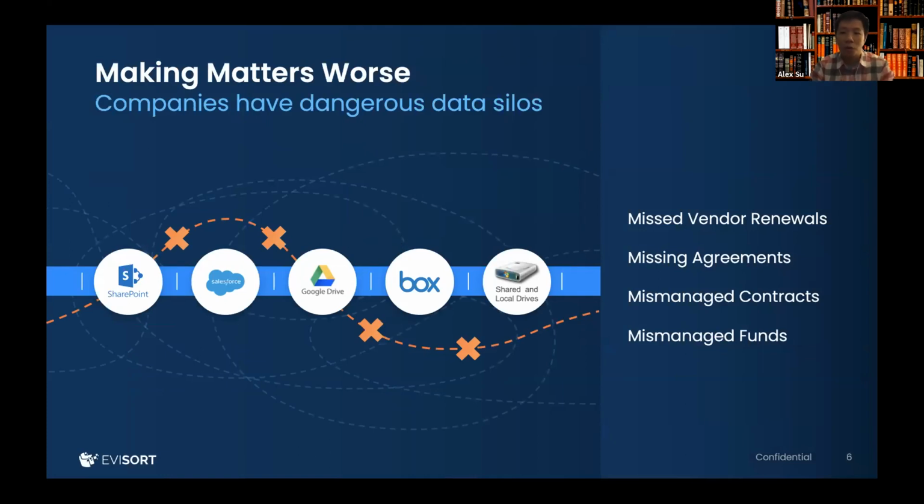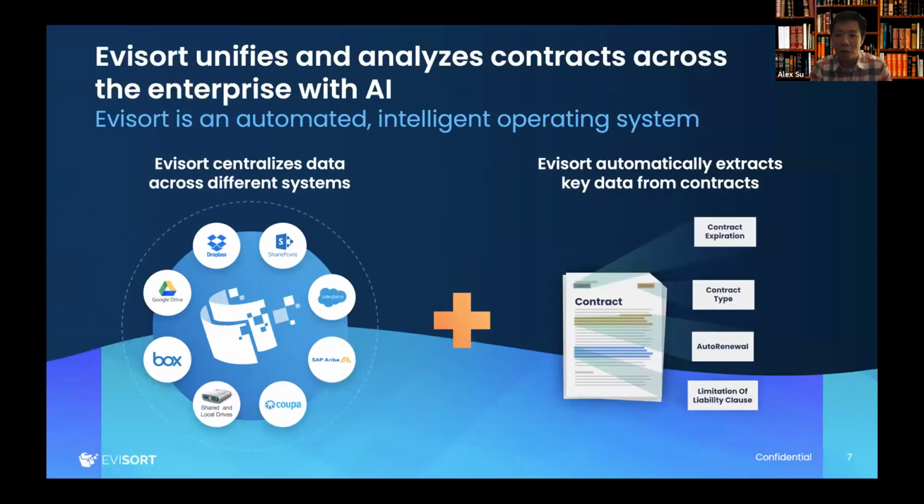So for folks who work in larger companies, you may see this on a daily basis, but you've got silos, whether it's by department or group. Maybe each department has their own way of storing contracts, and you're not getting that visibility into what's inside of maybe the finance department's contracts. If you're in procurement, you might see a large number of them, but you might not see maybe this other department's contracts. And so companies have these silos, and where Evisort really helps, and Riley will dive into this in the product demo,